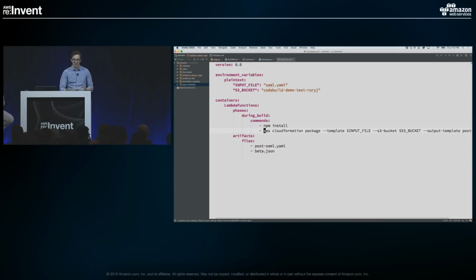And the next step that we do is this AWS CloudFormation package command, which is the new command that we introduced with the SAM template. And that takes your input SAM template, which in my case I called the SAM.yaml. You pass in an S3 bucket where you want to store the resulting combined artifact, and then you give it the name of the artifact you're going to output. So that is going to be your CloudFormation artifact, right? So that's all I've done.